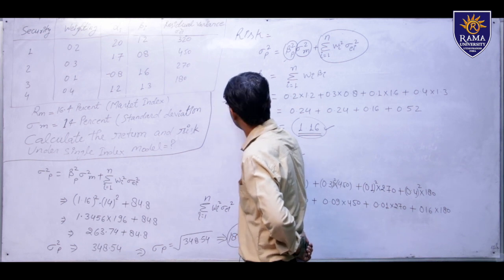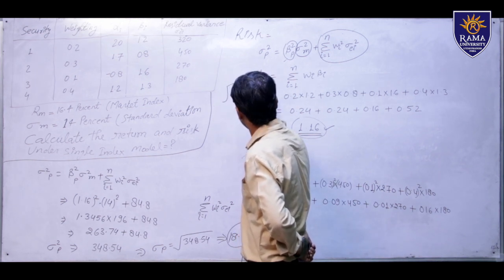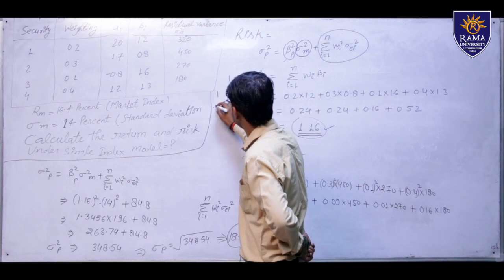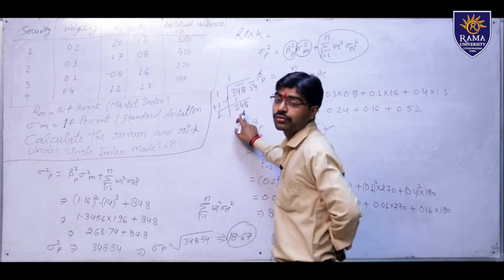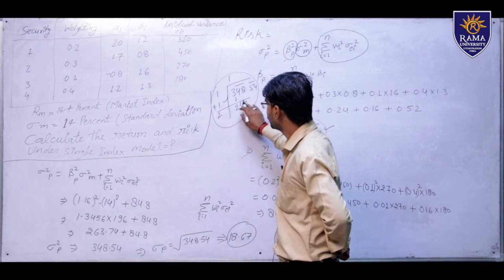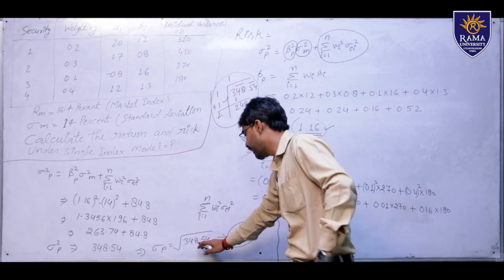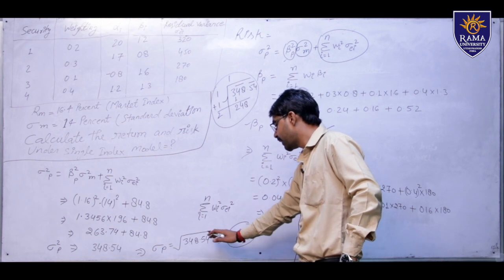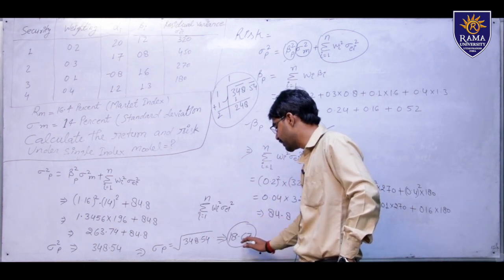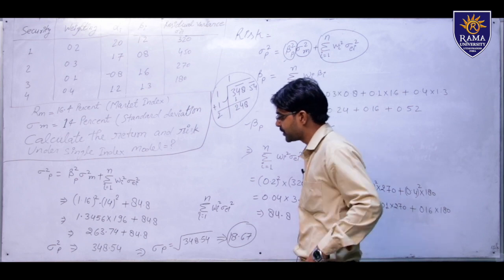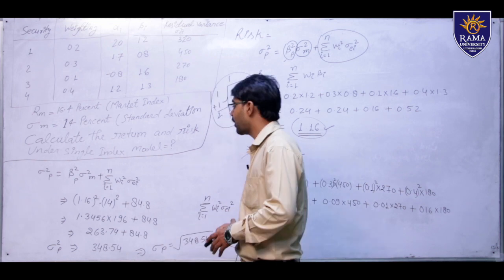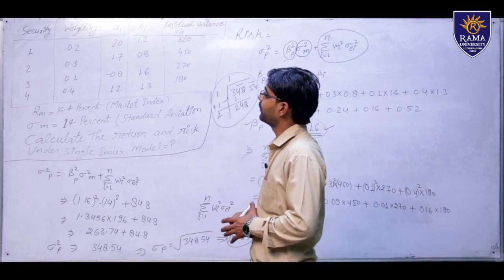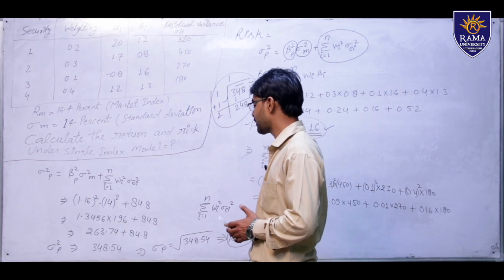How do we get the root of this? We use this method to find the value of under root 348.54. The value of under root 348.54 is 18.67. So the standard deviation, it means risk of the portfolio under the single index model, is